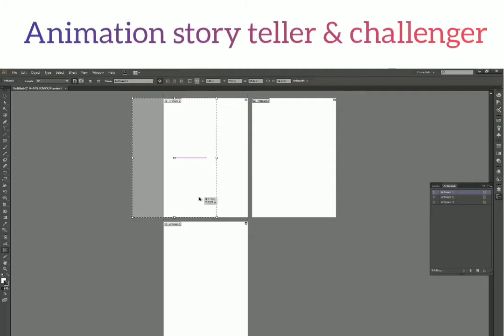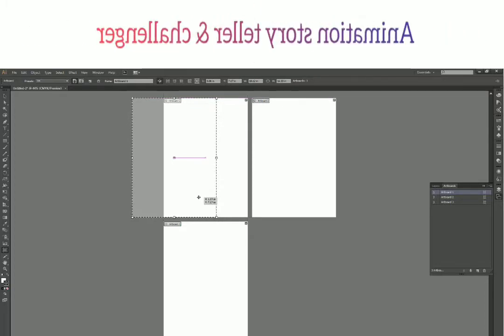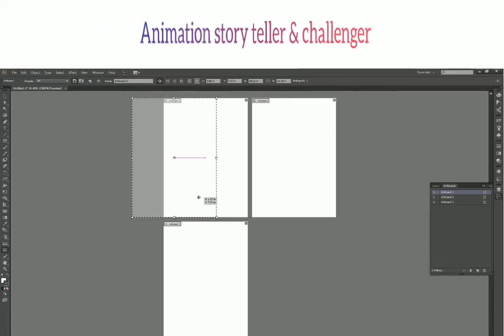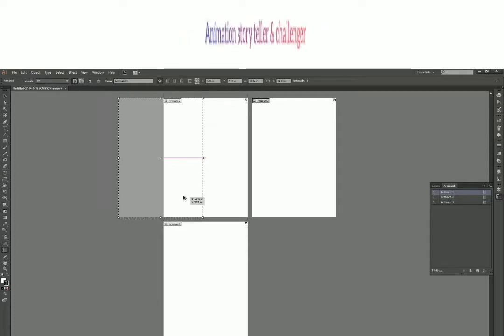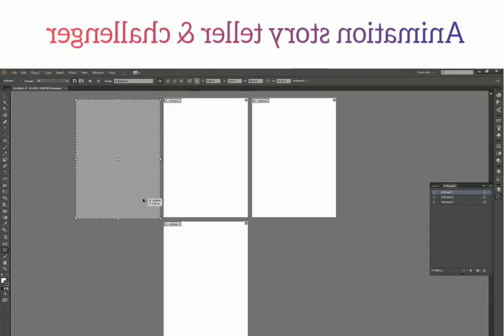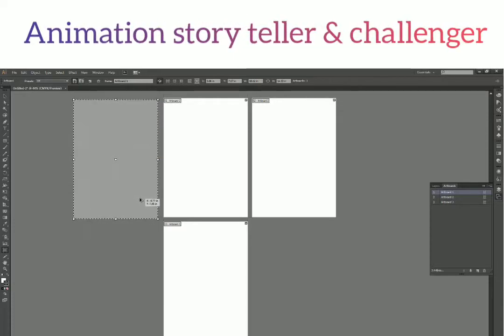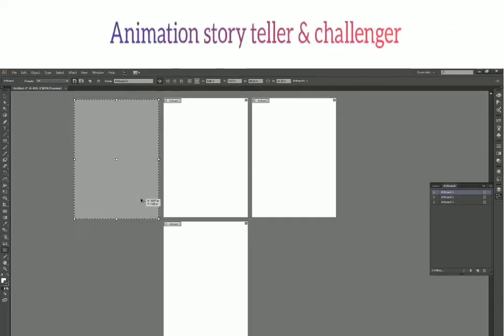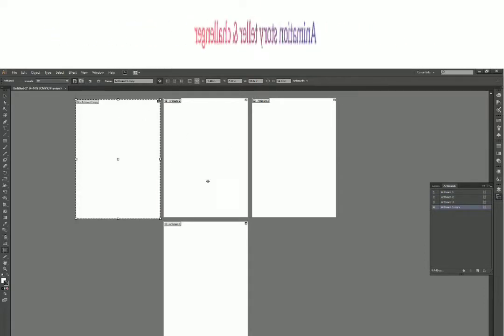My cursor changed from a single move arrow to these copy arrows, 2 arrows, one black and one white. This actually means that I am copying the artboard. So I am duplicating the artboard over here. When I release my mouse and then release the Alt key, I have a duplicated artboard.